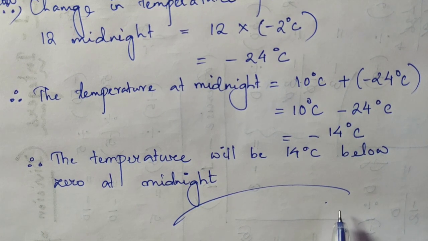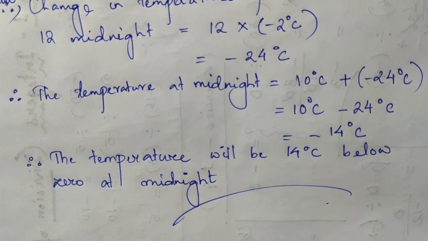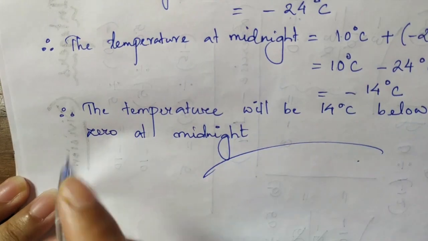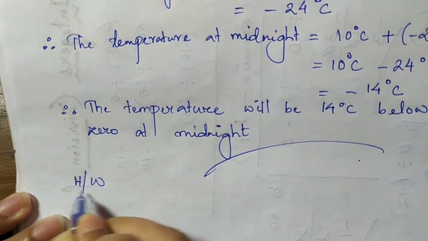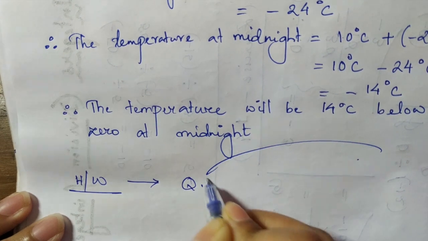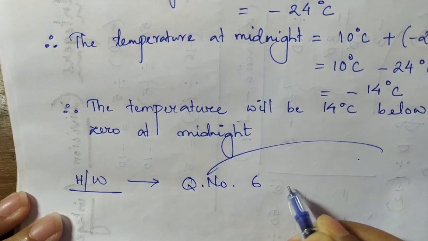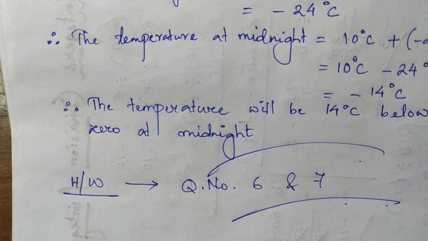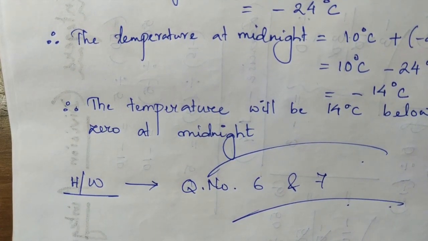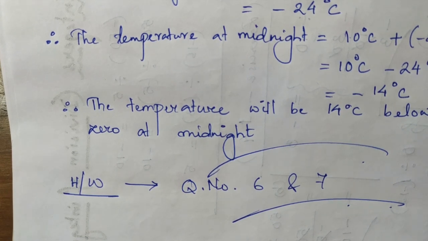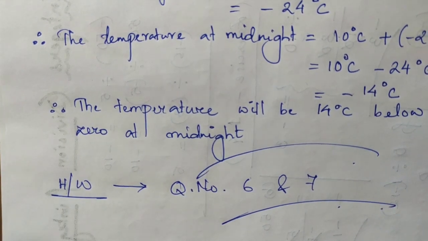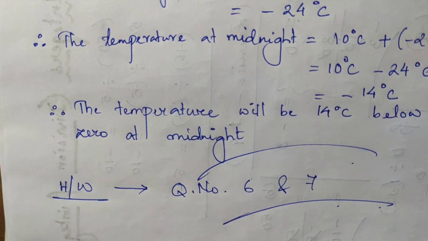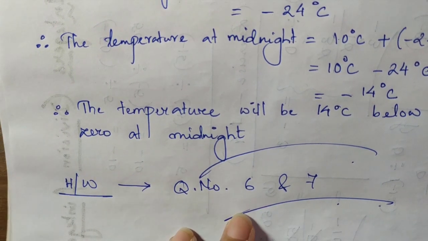Now question numbers 6 and 7 you have to do as homework. Students, you try them. This is very simple, the statements are there. Whenever something is decreased, remember you have to subtract it and put a minus sign in front of the given quantity. If you have any doubts, obviously I'll help you in the coming classes. When you finish these two sums, that will be the end of your chapter, integers.